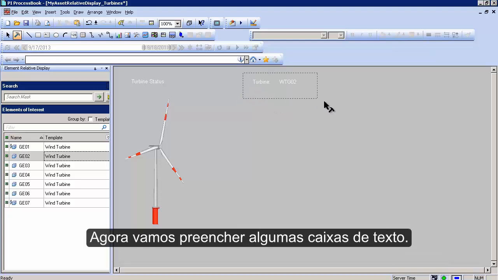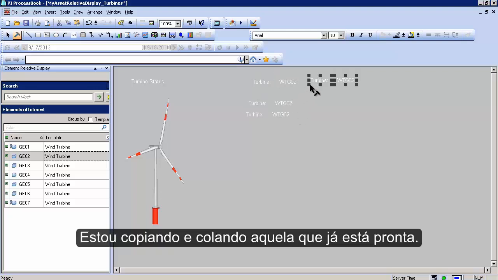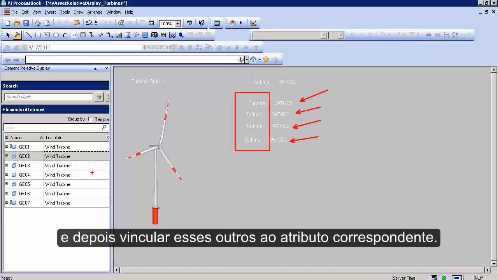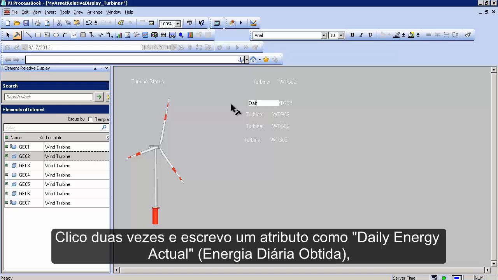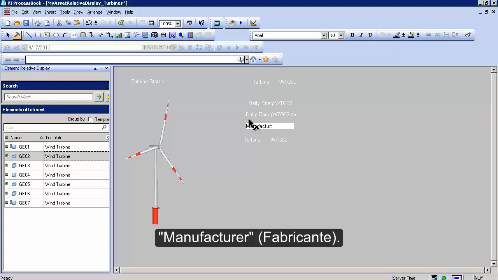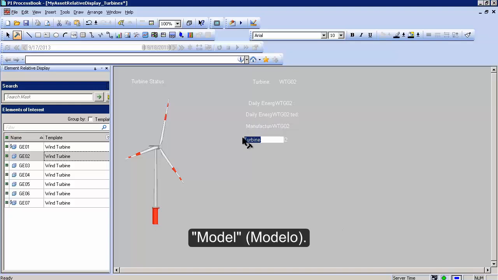Now we're going to fill out some basic text boxes. There you go. I'm just copying and pasting from above. I'm going to fill these out with the text of what I want to show, and then I'm going to link each of these up to the attribute of the selected turbine. So double click here. When I'm interested in the energy actual and daily and expected, and the manufacturer,